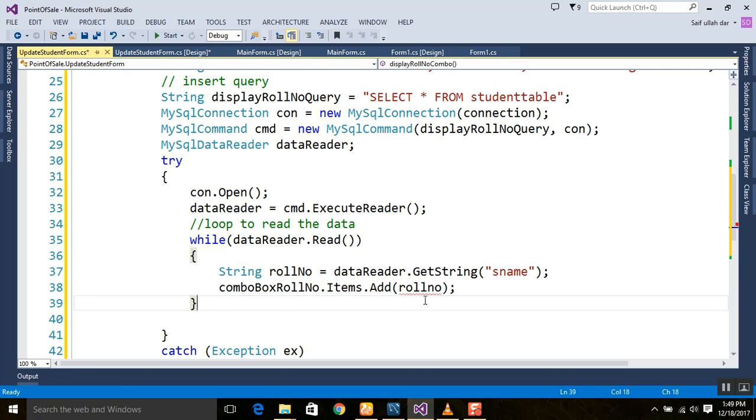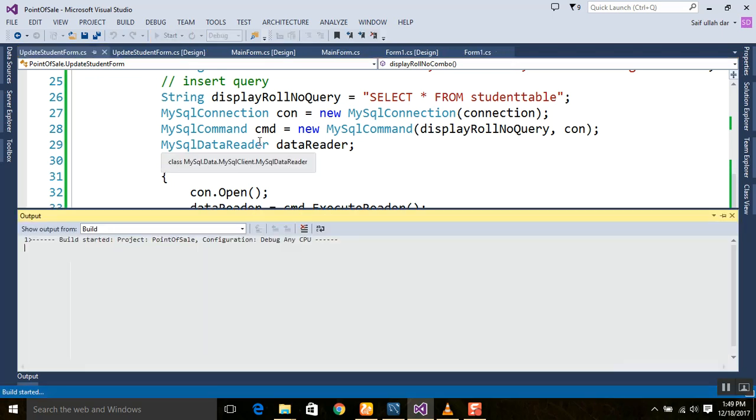Okay, roll number. So we are almost done, and first of all I'm going to check whether the connection was established